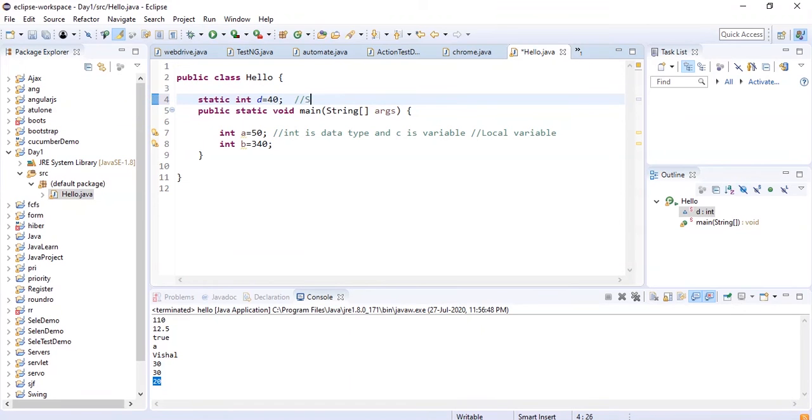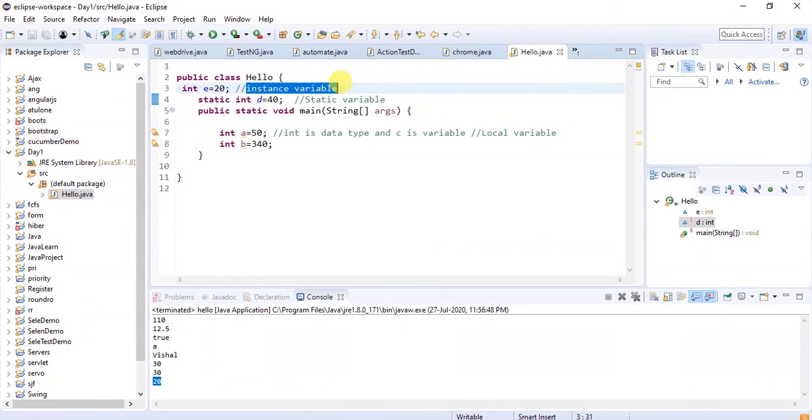So this is our static variable, and we have another variable that is our instance variable, and let's give its value as 20. So we have three types of variable: the local variable, static variable, and instance variable.